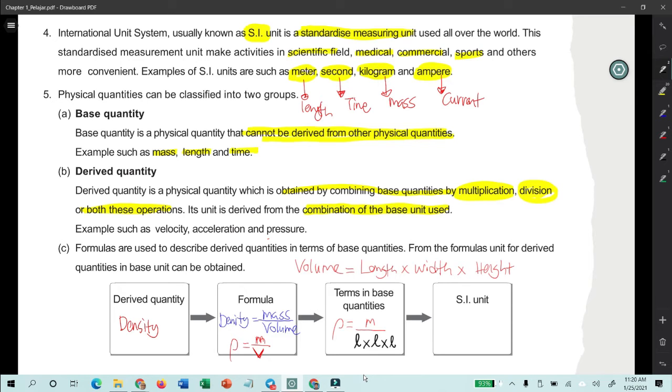So how to get the SI unit? In order to get the SI unit, we take the unit of mass. The unit of mass is kilogram, and then we divide with the unit of volume. So what is the unit of the volume? For SI unit, length is meter, width is also meter, and the unit for height is also meter. So when we simplify this, we will get